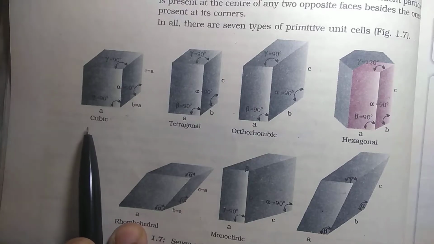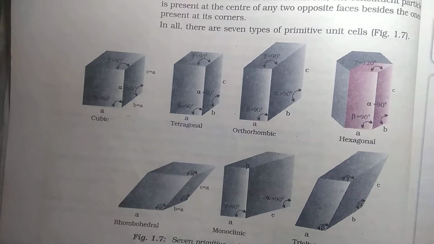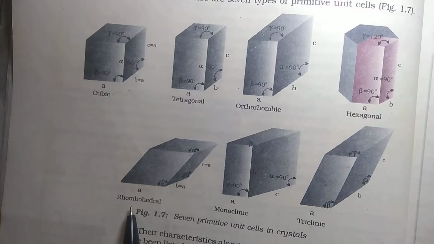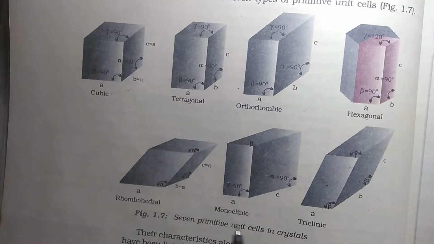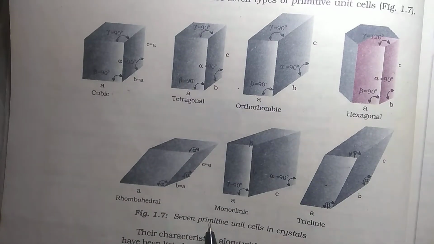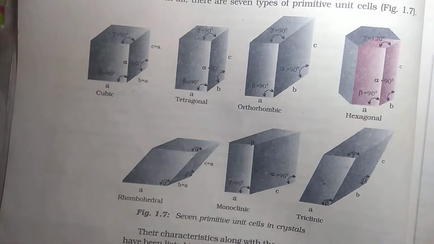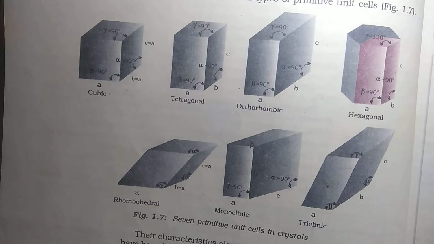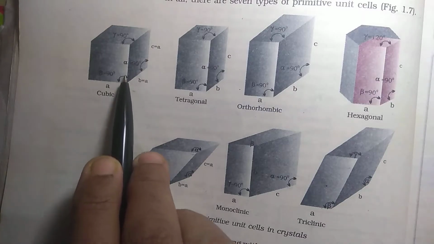What are they? Cubic, tetragonal, orthorhombic, hexagonal, triclinic, monoclinic, and rhombohedral. So these are the 7 crystal systems. Now here it is just one single unit cell represented. When this is expanded three-dimensionally, you get the complete crystal lattice. Okay. Now in what way do all these 7 unit cells differ from each other? They differ on the basis of the length of the sides.